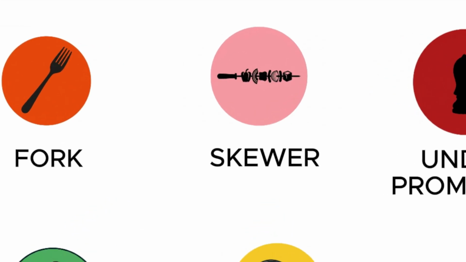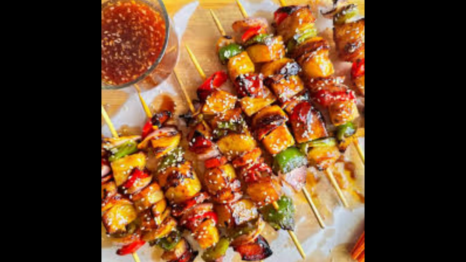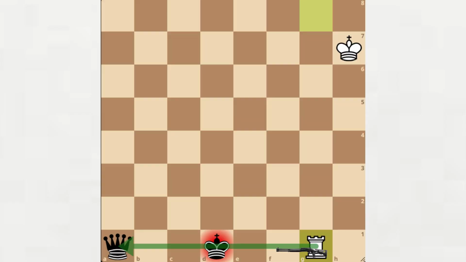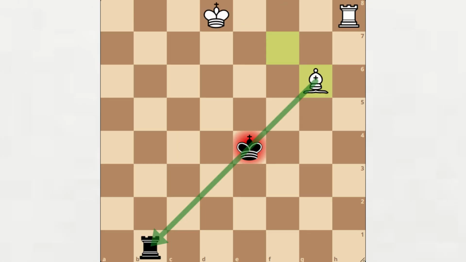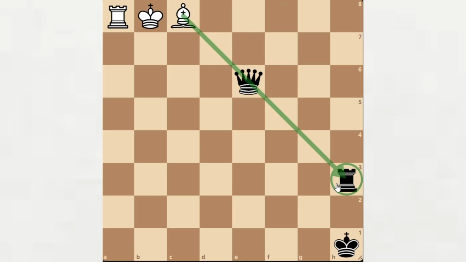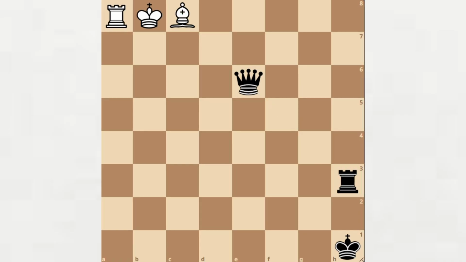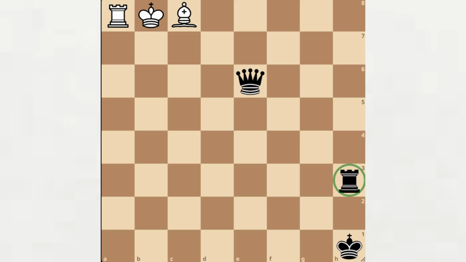a disadvantage. Skewer. A skewer is a linear tactical weapon in chess. It occurs when an attacking piece targets two enemy pieces aligned on the same rank, file, or diagonal. For example, in this position, the black queen is forced to move or else he will lose a lot of material, but she will also expose the rook on the h3 square behind her, losing her rook and a huge